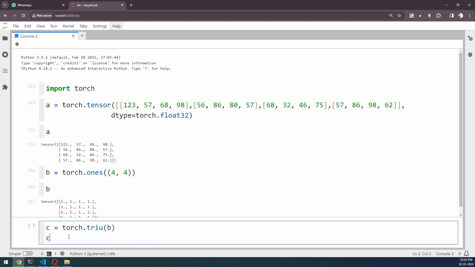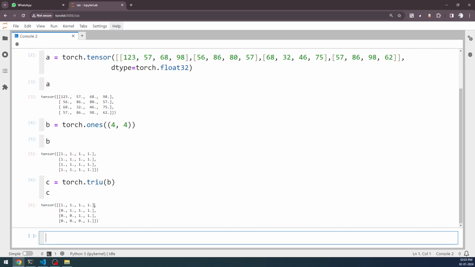After that, if I print C, you will see that the upper elements are all retained and the lower elements have become 0. So I have masked the lower elements, and the upper ones I want to leave alone. What I can do right now is use this. This is the mask. C is the mask right now, and I'm going to use this C to play with